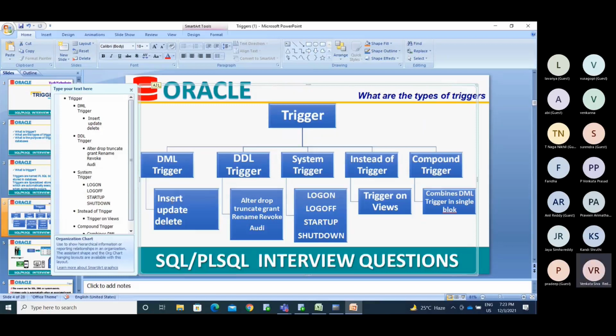In a stored procedure, when you perform a DML operation, nothing fires automatically. Whereas in the trigger, if you want to perform any other action when a DML operation happens, you put that action code into the trigger, and it performs that action automatically.